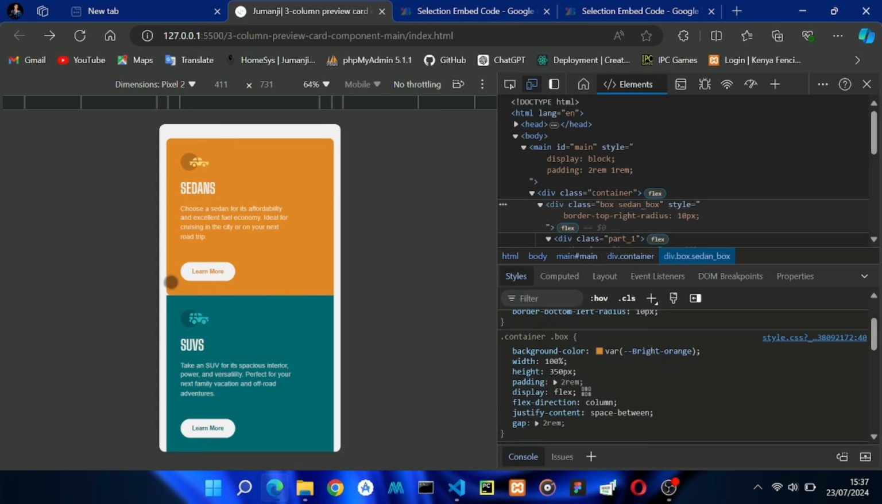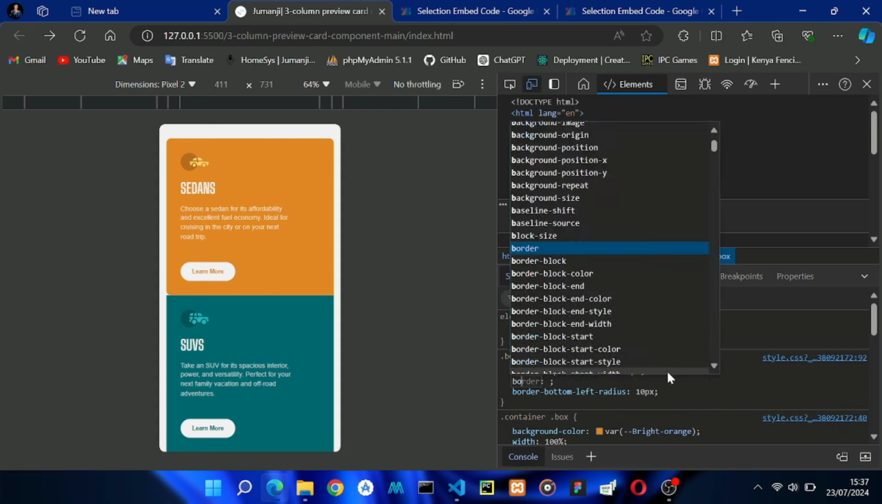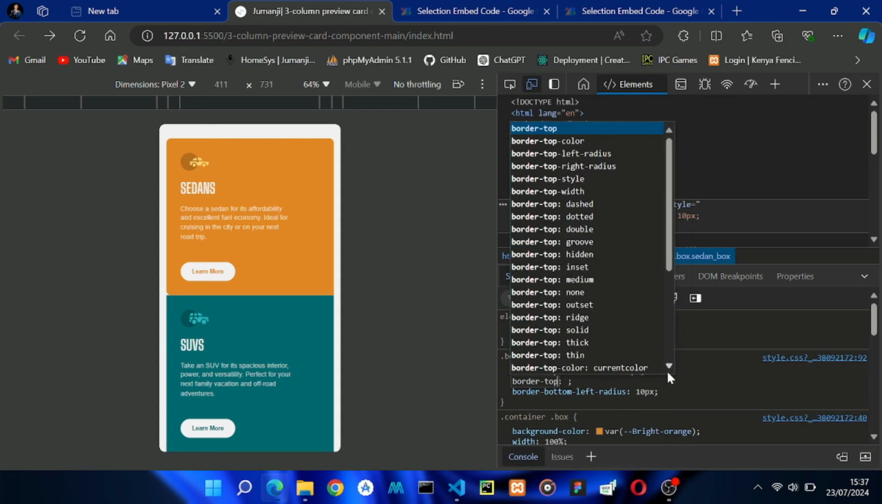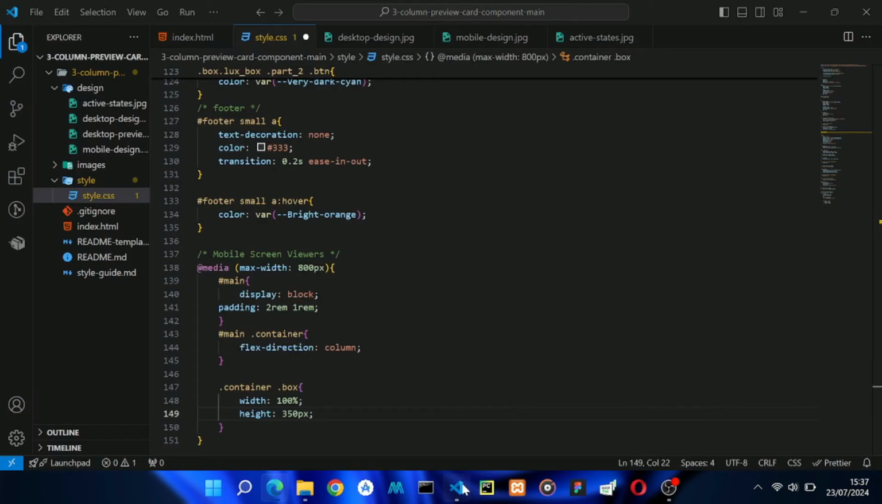And then on this sedan box, we said we removed the border bottom. So I'm gonna come here. We added the border top right, 10 pixel. So I'm gonna copy that. Let me remove this one, border bottom left, and leave this one, okay? And border top right, already it was there. Okay, so let me copy the class name,